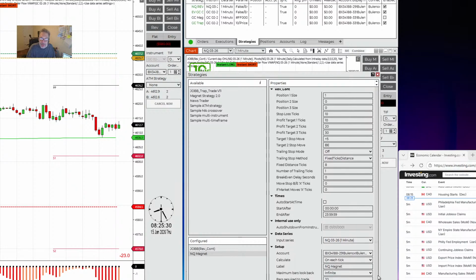I'm targeting R1. Let's see if it works. See if it works properly. So I don't need to do anything else, except make sure I've chosen the software. All right?